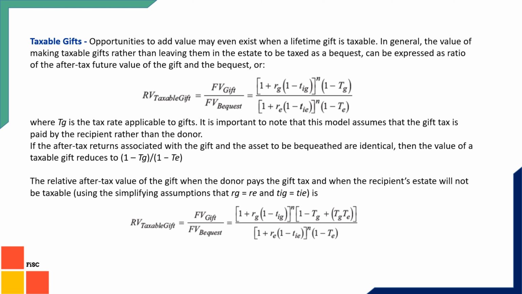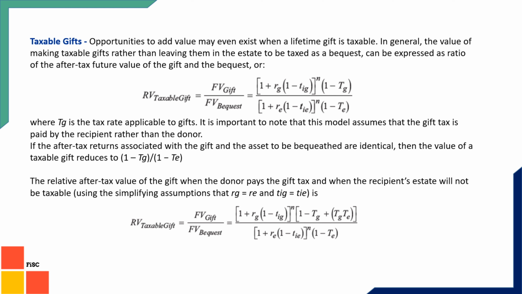Now there could be a case where, if we take South Africa, after 100,000 rand they have to pay the tax. Similarly, there are some countries which have no tax-free gift. Even at 1,000 rupees, or even $1,000, or even $500, you have to pay a tax. In such a case, we have to include another factor, which is called tax on gift. So you can see in the numerator, the formula has 1 minus TG as well in this case. Here also we will calculate the RV. If we find that it is greater than 1, it means that gift is better. If it is less than 1, it means bequest is better.